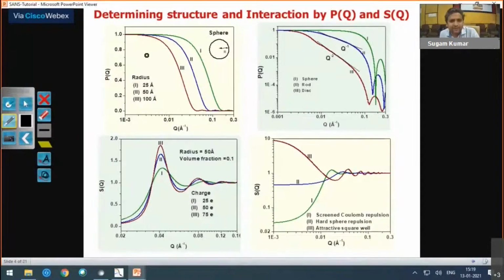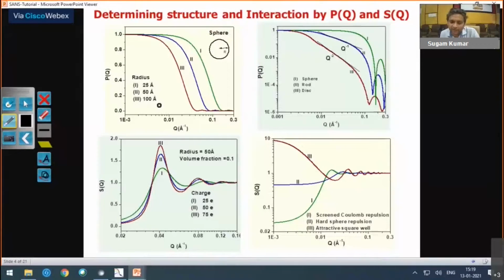Again, this is a recall. You can see P of Q is giving shape independent parameters. So the profile is becoming narrower as the particle radius is increasing. And this is sphere, rod, disk. For all three, there is a difference in the data. Sphere, it is like this. For rod, this is a q to the power minus 1 slope, and for disk, this is a q to the power minus 2 slope. Similarly, S of Q,